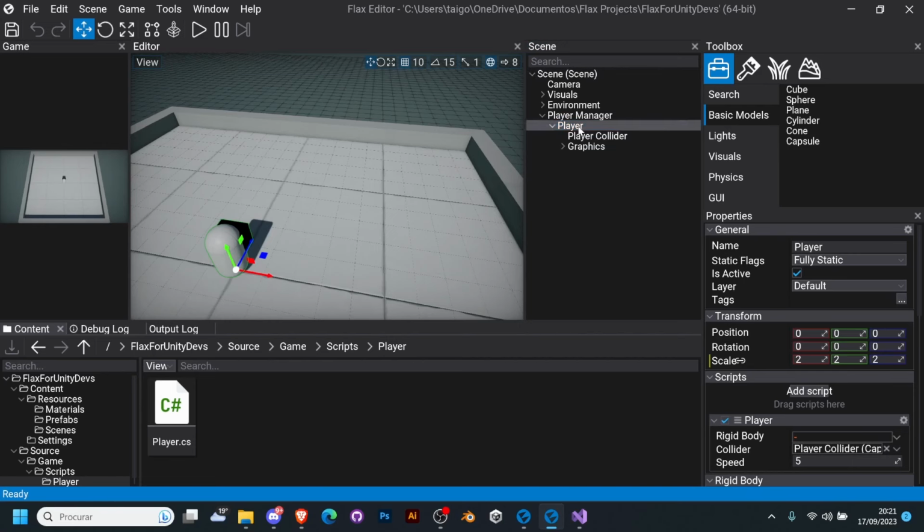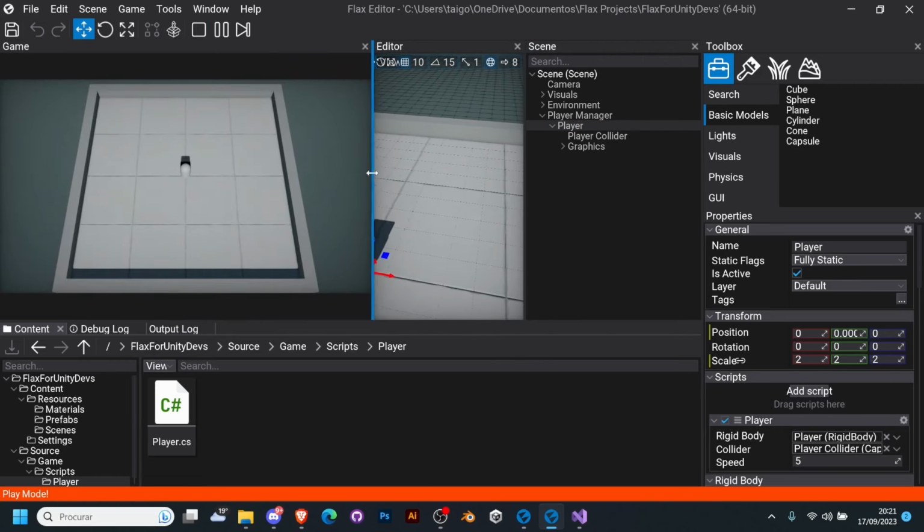So rigid body is null. Let's actually see, you will see that it gets automatically filled, so it is here. Let's increase this so that we can check this out. So as you can see, it is moving. But like in Unity, the rigid body is all messed up due to